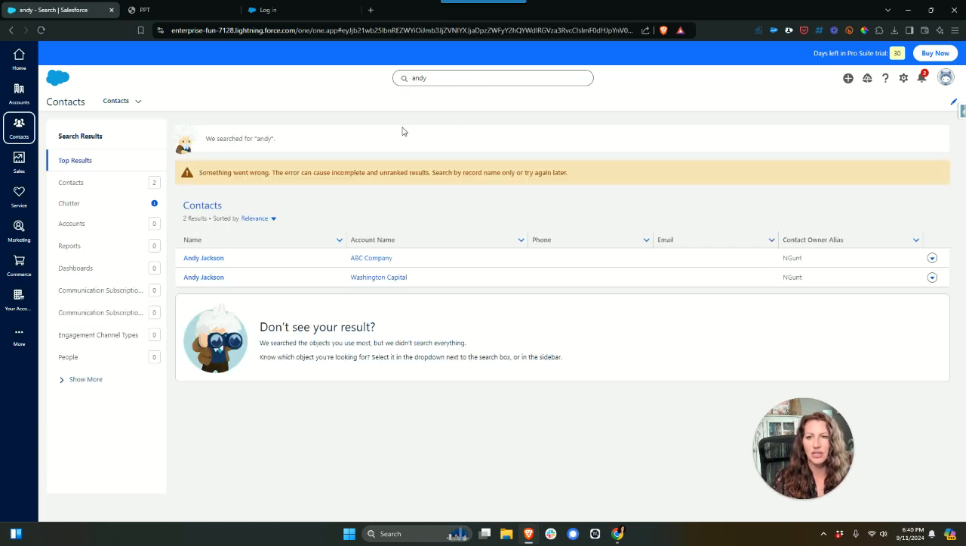I'm going to search Andy here, and notice, it's saying it had a problem with the Einstein search, which is okay. It's the smart search, and my system is new, so it's still learning. But here I can see my contacts below. And then on the left-hand side,